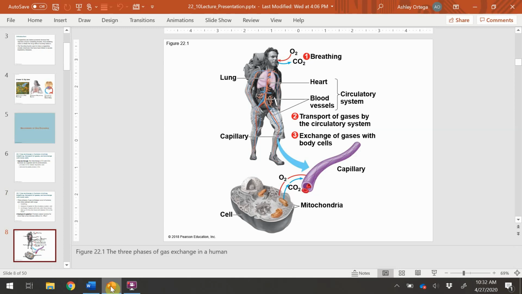And then from the circulatory system, it goes to every single body cell that will then need oxygen for cellular respiration, which is done by the mitochondria of the cell. The production of carbon dioxide is the waste product, and that will have to be removed, so that has to go back to the circulatory system and then out of the lungs. You can see all the steps here, from the beginning to the end. You're getting oxygen to all the cells, and you're removing carbon dioxide from all the cells.